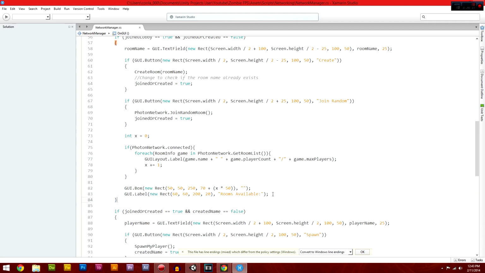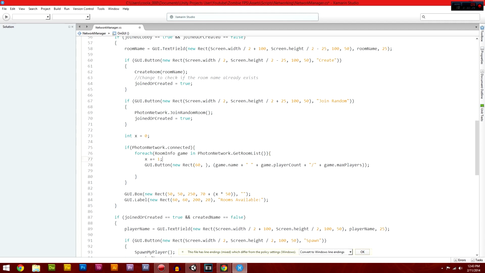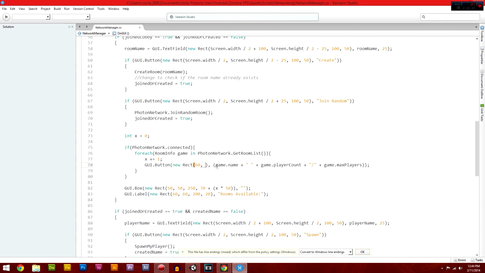Okay, so then what we're going to do is, yeah, we've got our rooms list there. So do we want it so that we can click on it? We'll change this so it's GUI.Button, and it's gonna be contained inside this. You go new Rect. I think that works. Yep, new Rect, and then we're gonna copy these stats. So 60 in, 60 across, 60 down. Well, actually, we'll go plus x, Control X. Put the x above it, so x goes up by 1 before, so we can use that x value. So when it goes for 1, it will use 1. So x times